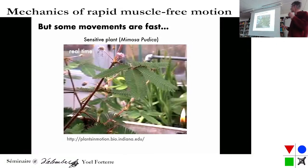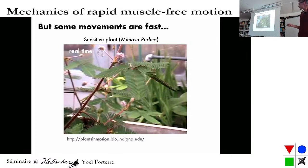And these are the ones I'm going to talk about today. So I'm going to talk about this plant. This is the sensitive plant, Mimosa pudica, and this is a real-time movie this time, so no acceleration. Someone is bringing a lighter here, so heating stress. If I run the movie, you see a very fast folding of the leaves,